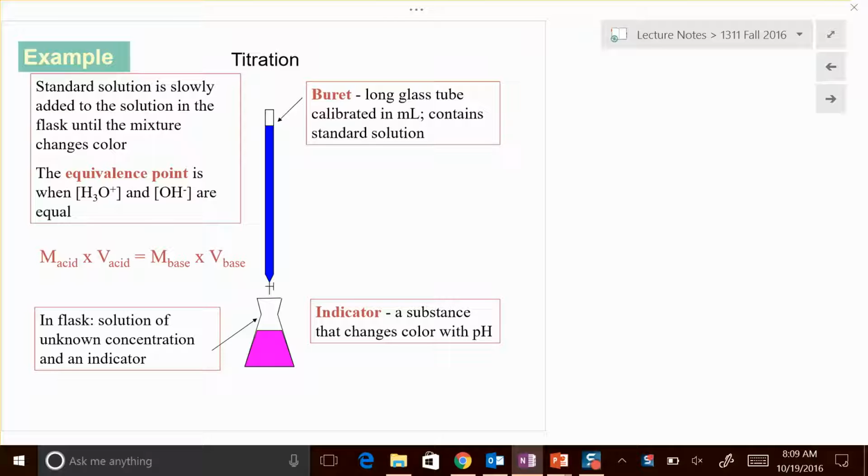So titration is simply the process of being able to calculate the concentration of an unknown acid or a base using the known concentration of the other, an acid or a base, okay? So if this purple stuff right here is an acid, and I want to determine its concentration, well, if I understand this reaction,